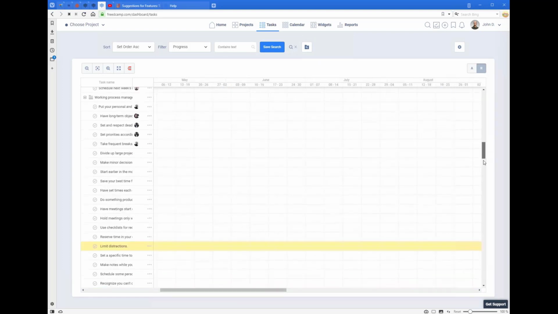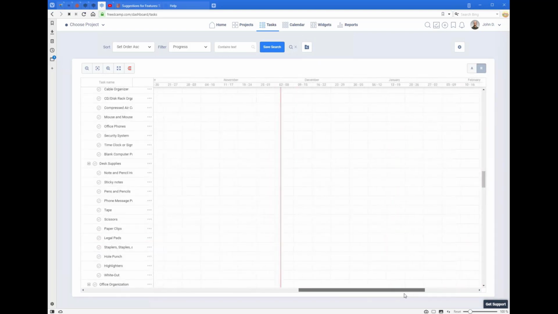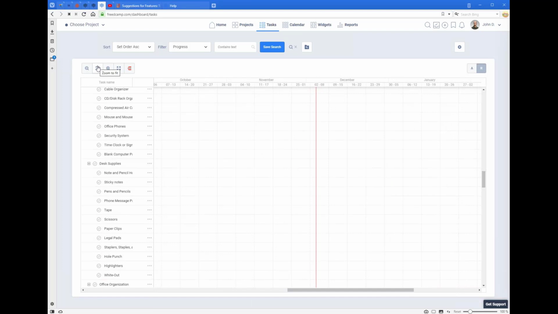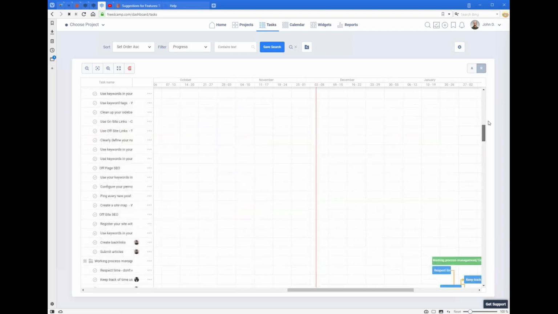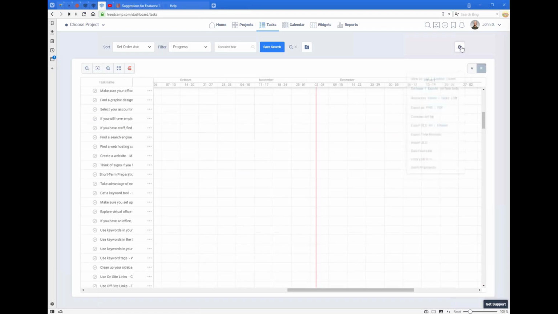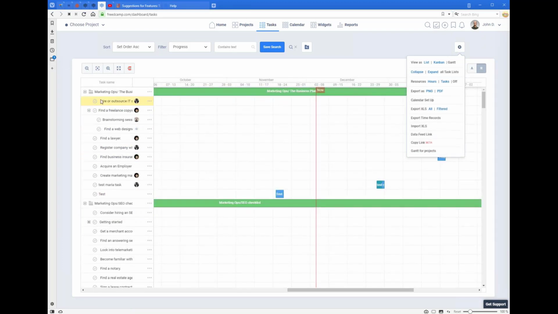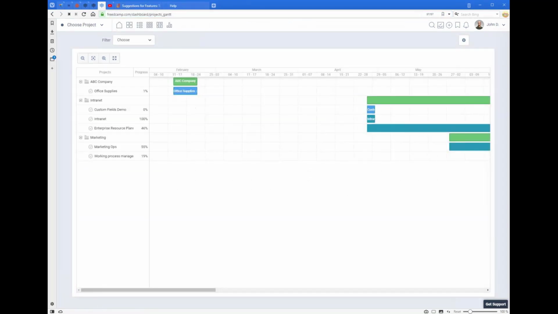You can also go to full screen with this view. There is a zoom to fit, zoom in, zoom out, and full screen. You can also highlight critical paths for the project. And also we have here what we call Gantt for projects, which is completely different view. Right here, I see my task lists, my tasks, who they're assigned to. And if I switch to Gantt for projects, the green boxes will be